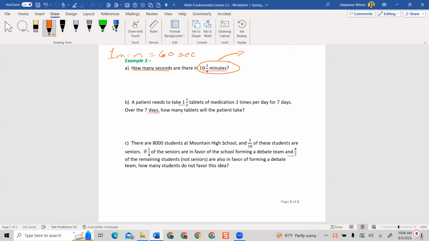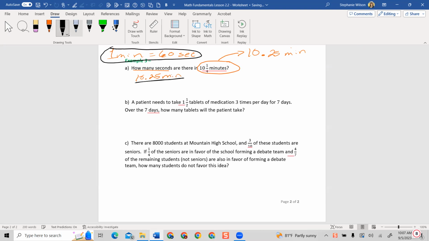I'm going to write the 10⅓ into decimal form. And we know the 10 is the whole number, so it goes in front of the decimal. And we know that 1/4 is 0.25, right? So now I want to take the 10.25 minutes, and I'm going to take what we know,